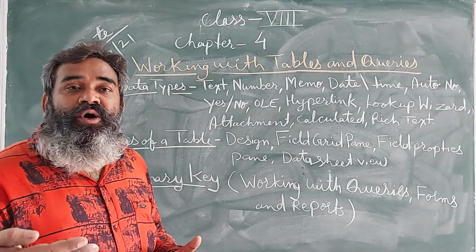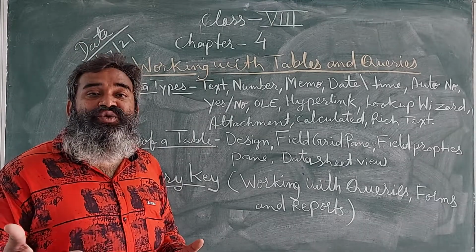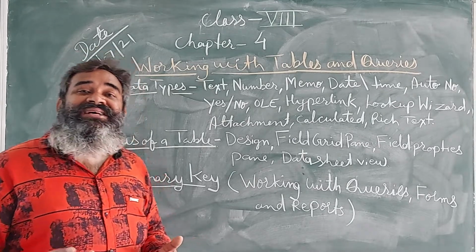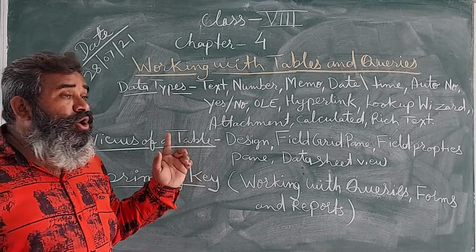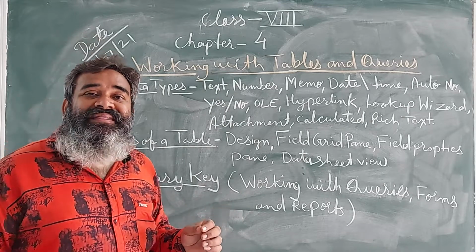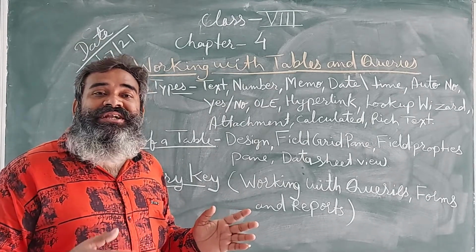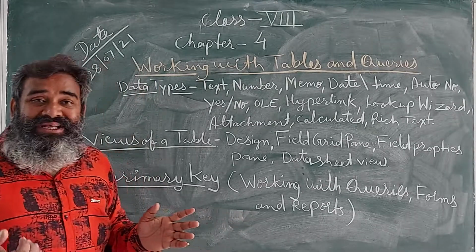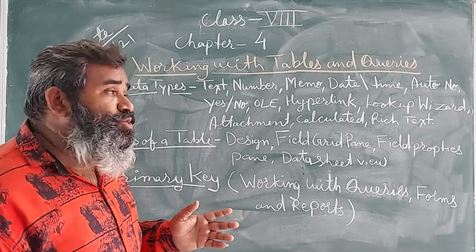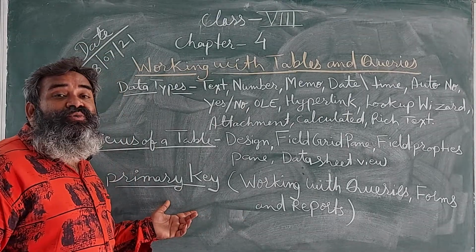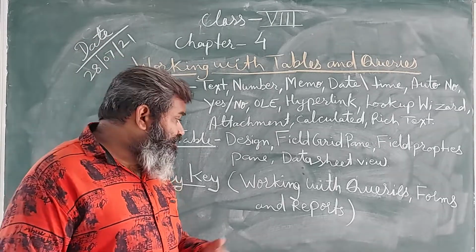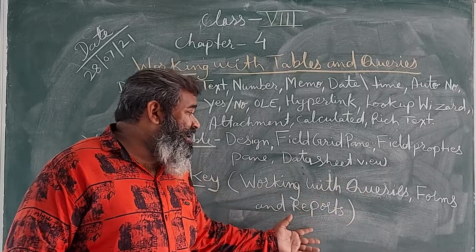Then I mentioned all the three tables: student, marks, and fees. In all three tables, we have a similar field, roll number. That means a roll number belongs to all the three tables and identifies the student; it is not necessary to put the student's name. We have to know about them by their roll number. So the primary key is going to be a unique identifier in our database. Then we have to work with queries, forms and reports.